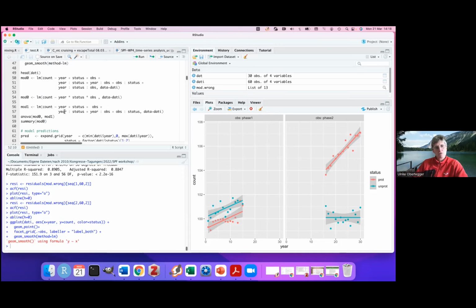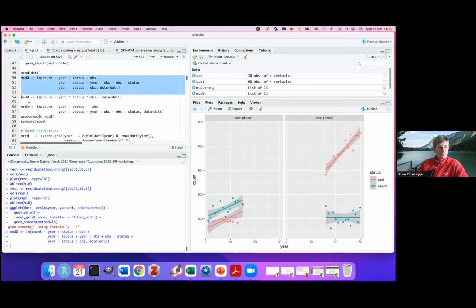In this case, less complex means that you are not considering the 3-way interaction. So mod 0 is my baseline model. Mod 1 is the less complex model, where the three-way interaction is missing. Okay, so mod 1, execute,